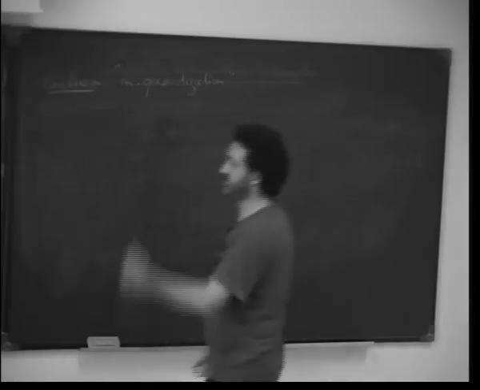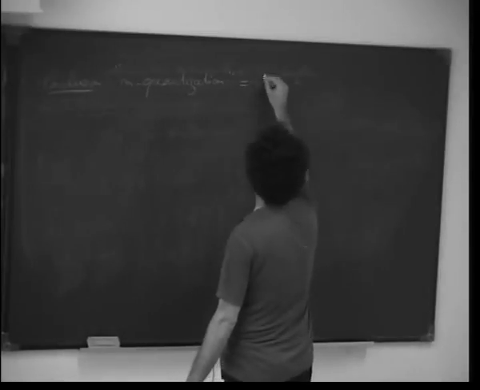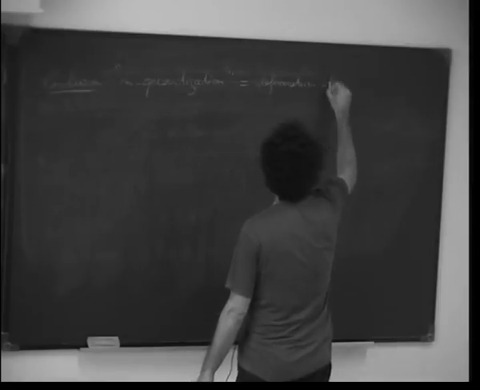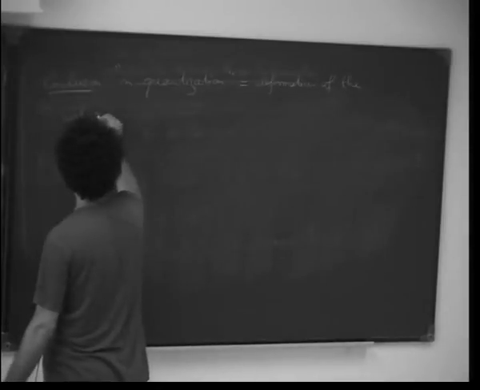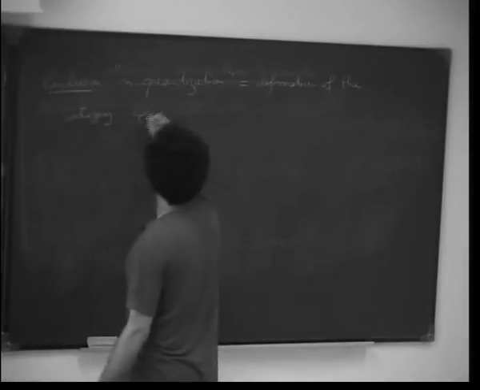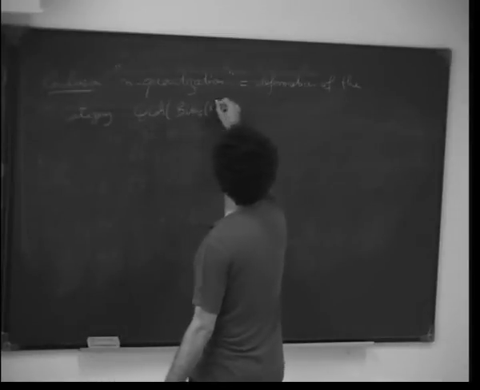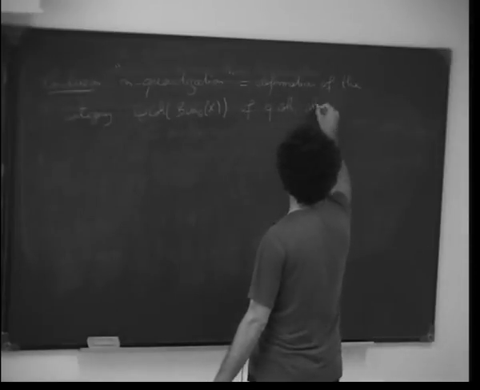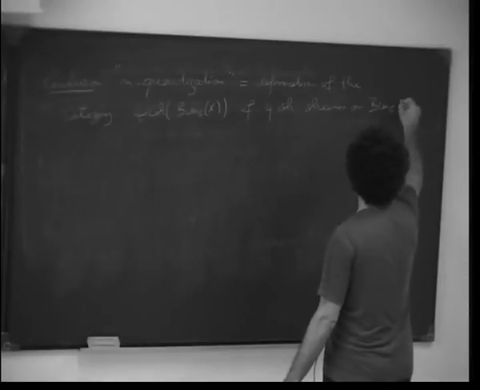If I come back to the statement of the theorem at the beginning, these really mean a deformation of the category QCoh(Bun_G) of quasi-coherent sheaves on this guy here,